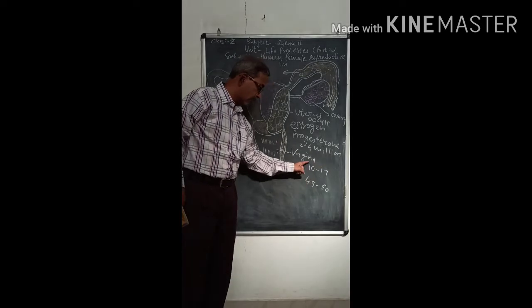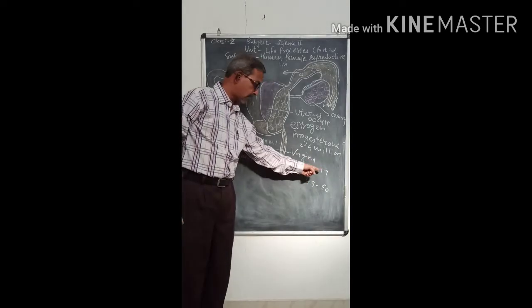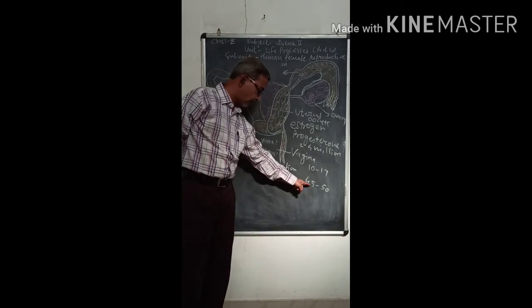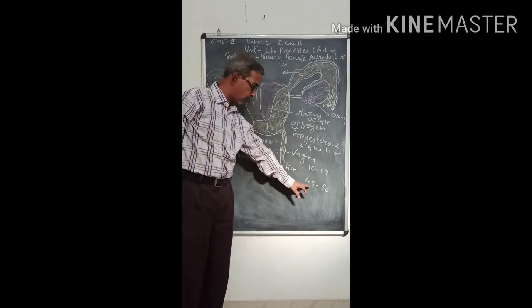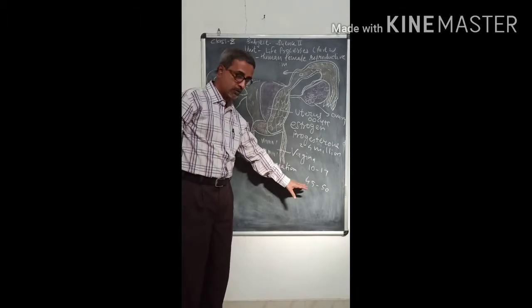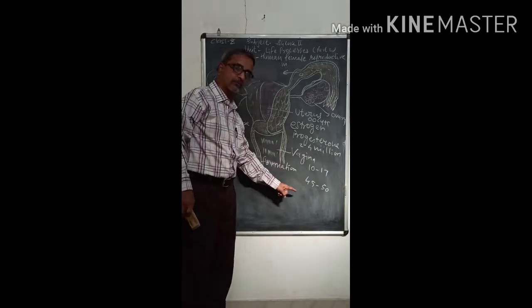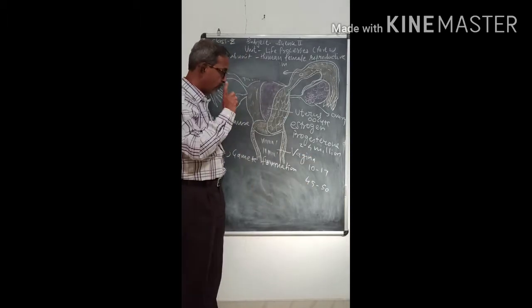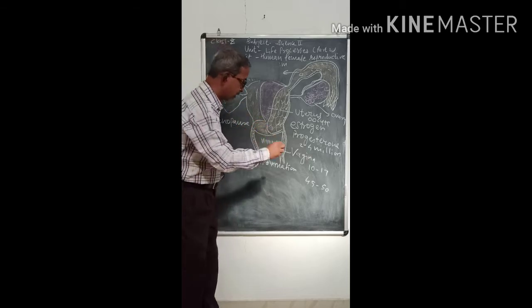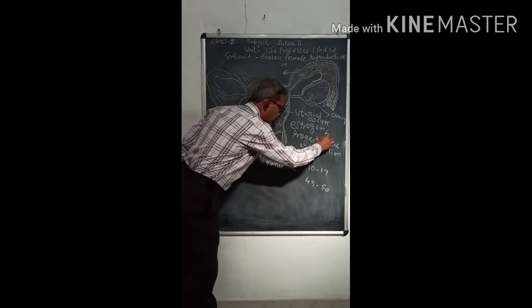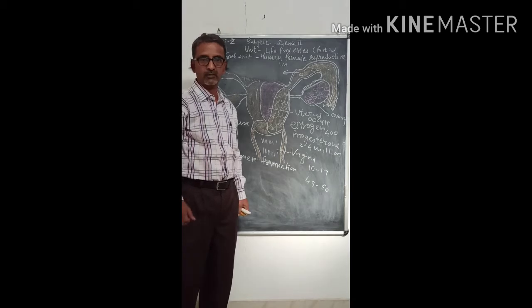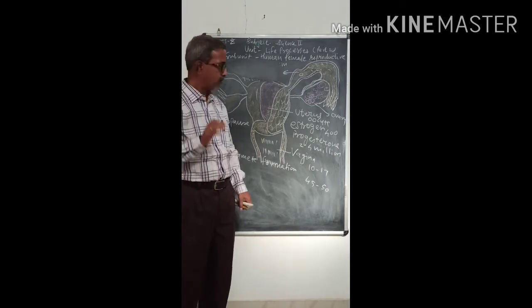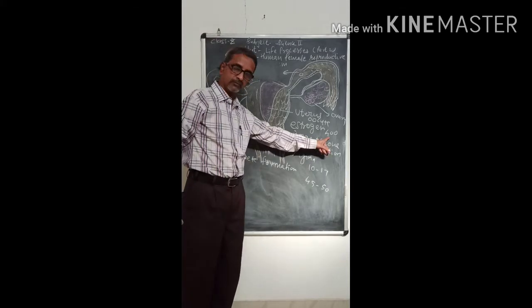During this, puberty starts, and at the age of 45 to 50 there is stoppage of functioning of the female reproductive system, which is called menopause. So during this period, every month one egg is released. Probably about 400 oocytes are released in total in the life of a female.